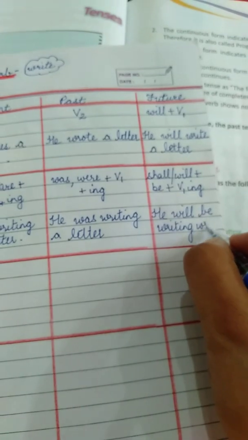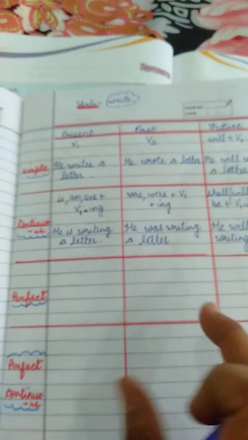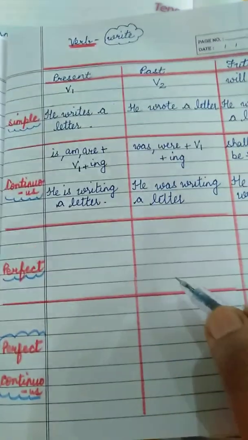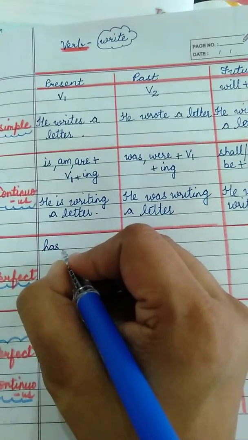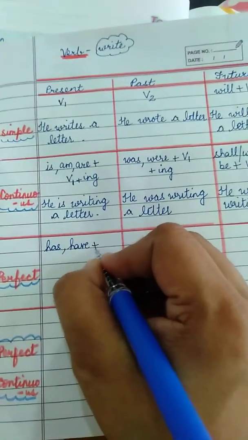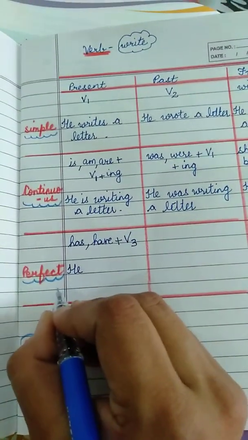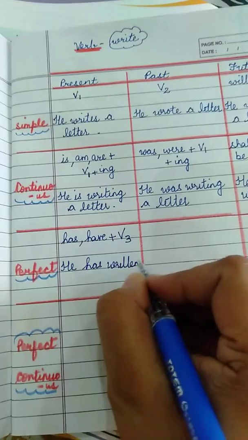I hope you all must be writing along with me. So anytime you can pause the video and write down. I hope this is clear to you. You can write and then play the video again, but please write this down in your English language notebooks. Then this is for present perfect tense. For present perfect tense, we have has or have as helping verbs according to the subject, plus always keep in mind the verb's third form. So when you use he, this is going to become: He has written a letter.